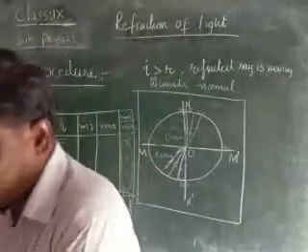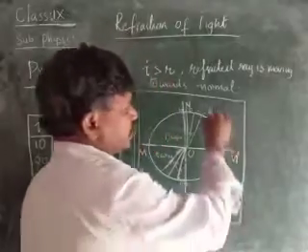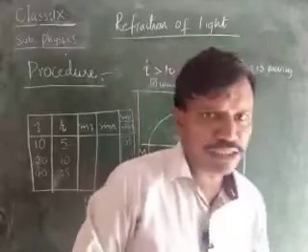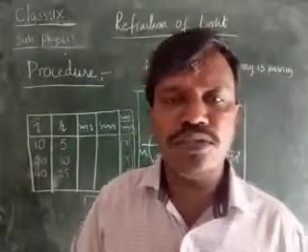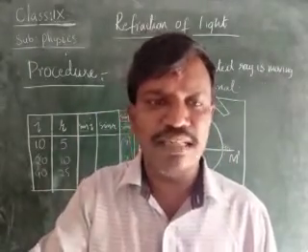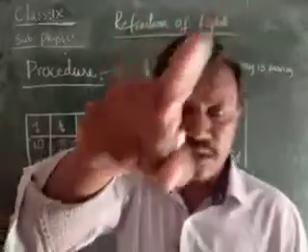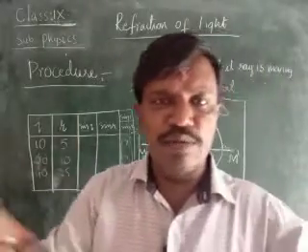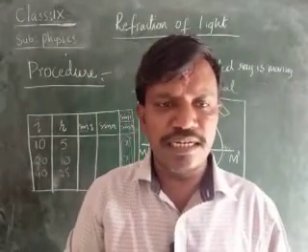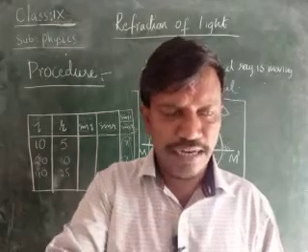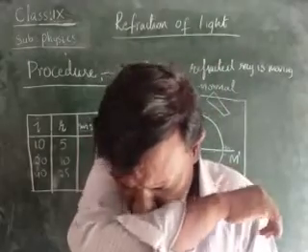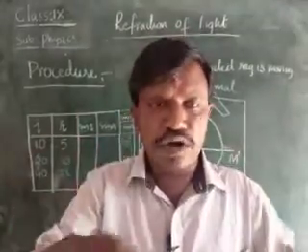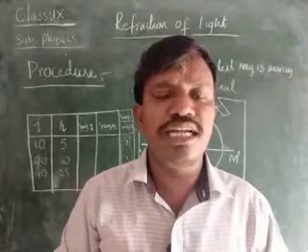If it does not appear clearly, you should place a wooden plank which is covered with black color on the opposite side. Normally, children, in a cricket match, when the batsman is unable to concentrate on the ball coming, he asks to place a black color board, a rectangular board, that is a very big one, not a small one, exactly opposite. Why? In order to concentrate on the ball.